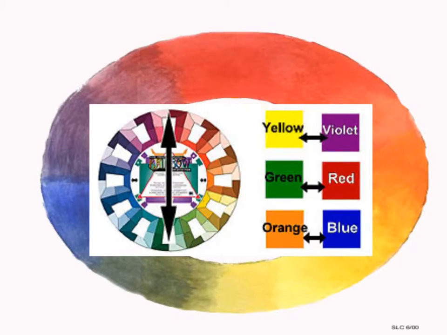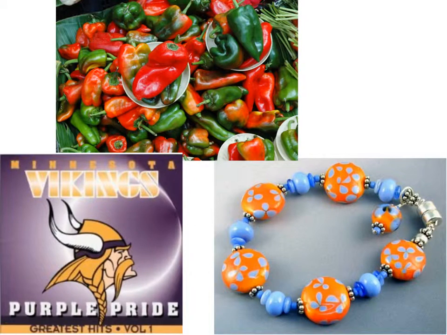Complementary colors are opposite. For instance, have you ever seen the Minnesota Vikings play? Purple and gold, or purple and yellow. Or maybe you've gone to Denver and watched the Broncos play football. Orange and blue. There's all kinds of sports teams that use these. Or maybe at Christmas time you sit in your house and think to yourself, why in the world are Christmas colors